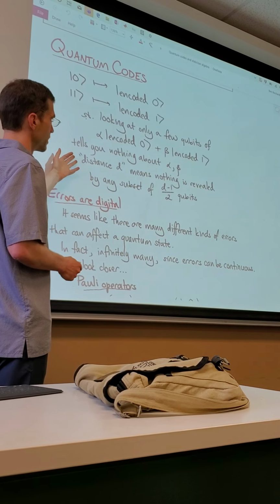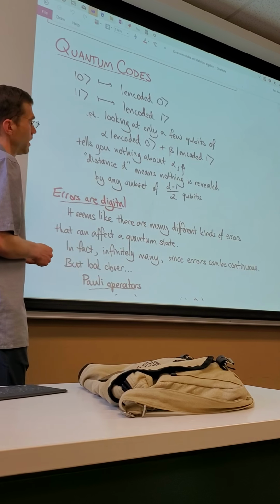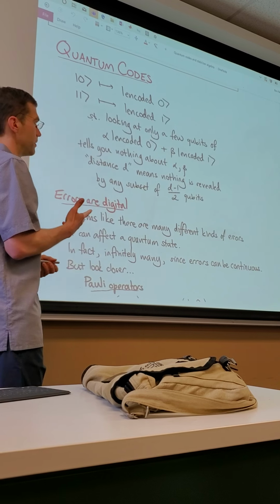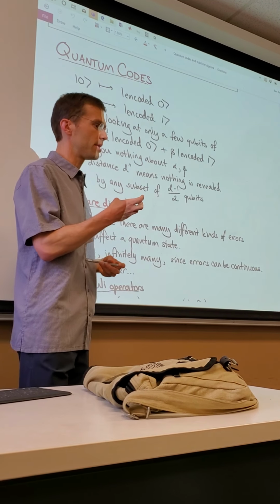This is a rigorous definition. A distance d quantum error correcting code means that if somebody looks at a subset of